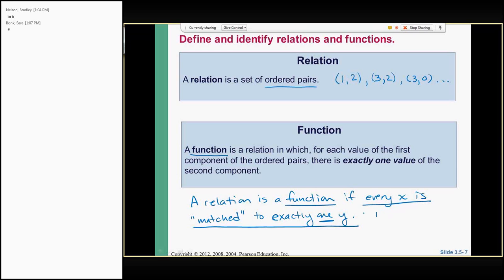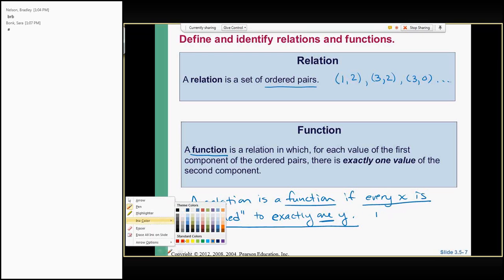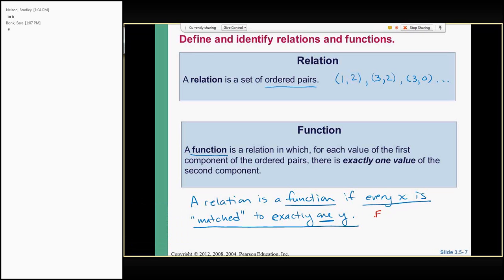So here is, could you give an example? Yeah, that's what I was just going to say. Here is an example. One way with ordered pairs, they'll look